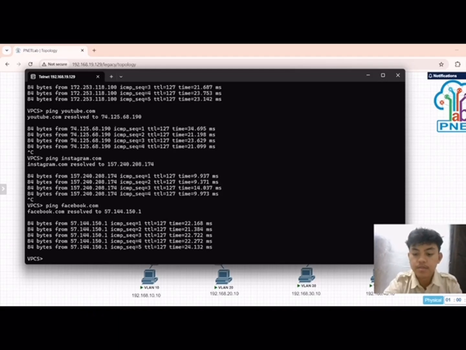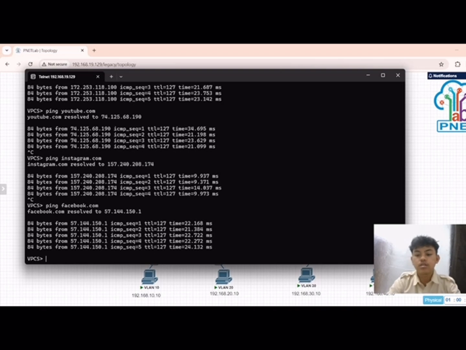Alhamdulillahirrahmanirrahim. Finally, I can show you the tutorial for VLAN with CLI, and the connectivity is successful.